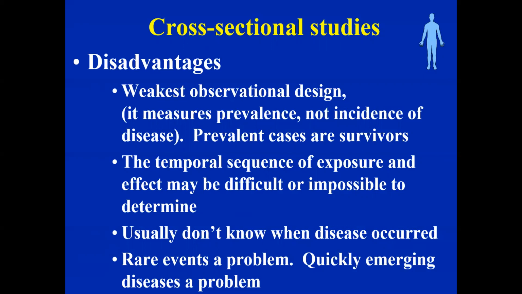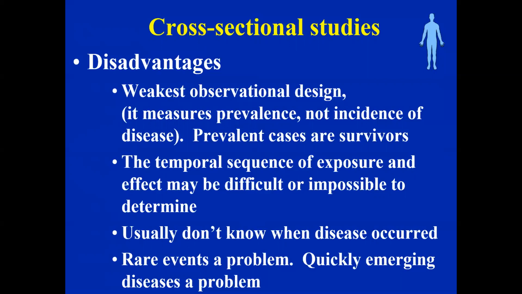Then the temporal sequence of exposure and outcome or effect may be difficult or impossible to determine. Why? Because you are assessing exposure and outcome at the same time, so you cannot really know which started, the egg or the chicken, that relationship. In terms of causality, for us to really say not using condoms predisposes people to get HIV,